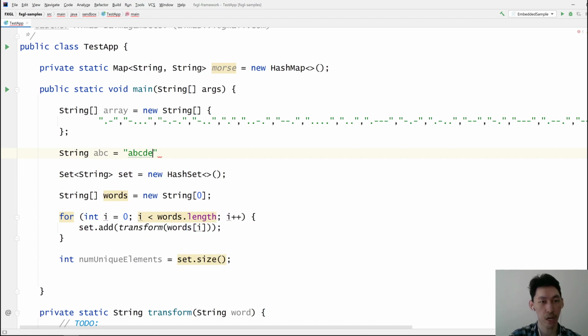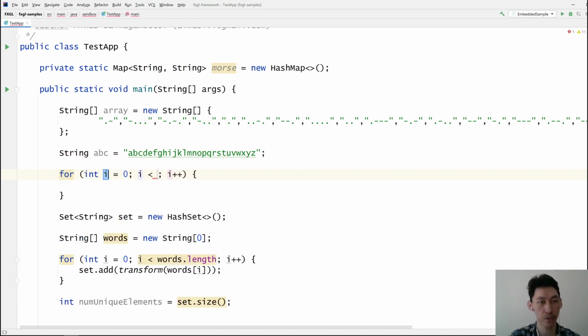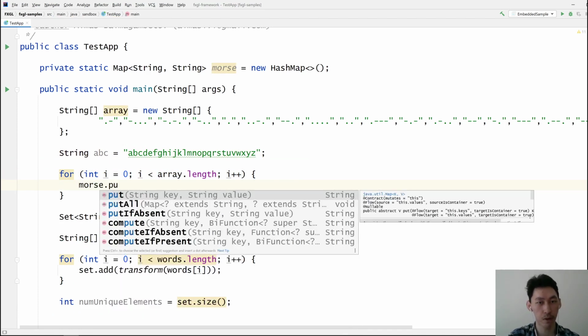B, C, D, E, F, G, H, I, J, K, L, M, N, O, P, Q, R, S, T, U, V, W, X, Y, Z. That should be 26 characters. Yep, that's perfect. And now we're going to go through each element of this thing and then populate this map